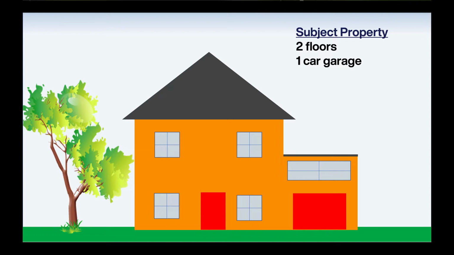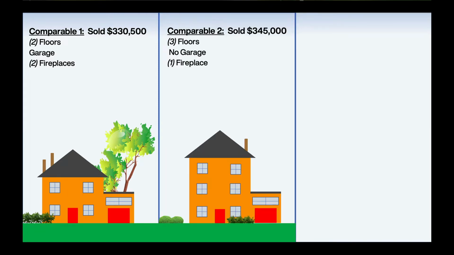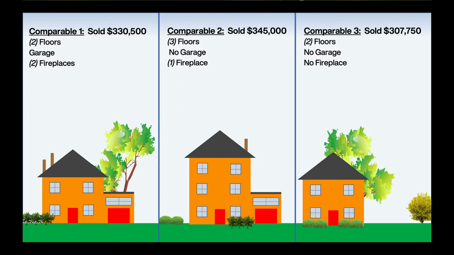Our first comparable property has 2 floors, a garage, and 2 fireplaces. It sold for $330,500. Comp 2 has 3 floors, a garage, and a fireplace. It recently sold for $345,000. And Comp 3 has 2 floors, no garage, and no fireplace, and recently sold for